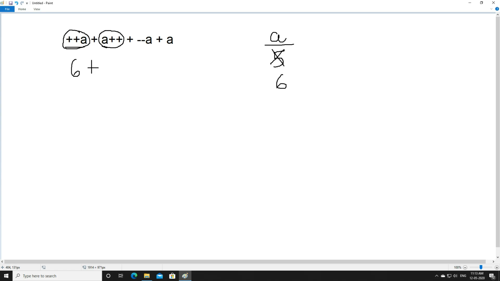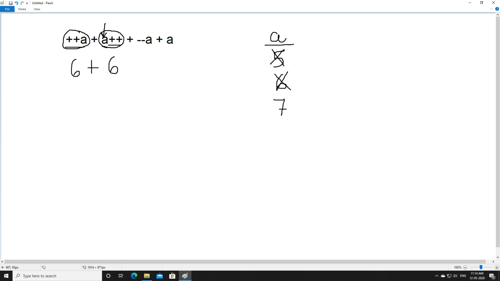This is called post increment, and post increment states that first we have to use the value, then we can increase it. What is the present value of a? Look at this table and tell me what is the present value of a. That is 6. Now let's use 6 here first, and then because of plus plus we can change it to 7. Now the value of a is getting changed to 7, but we are not using 7 here. What is the reason we are not using 7 here?